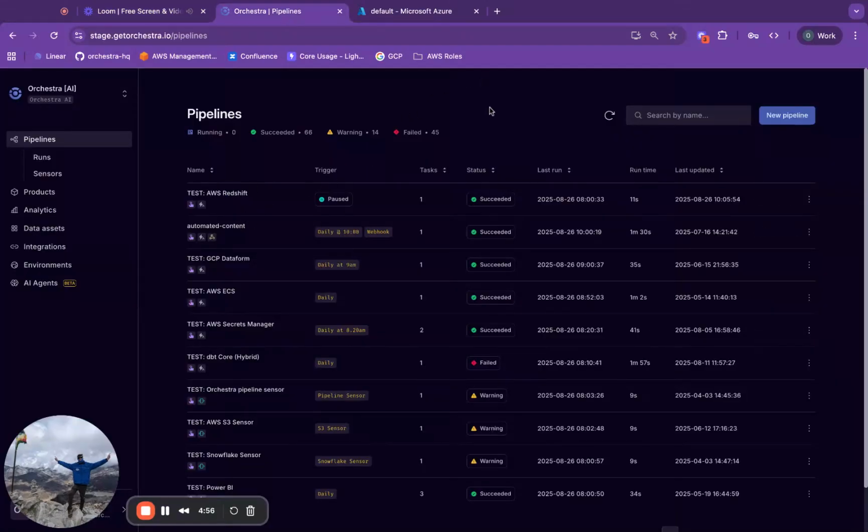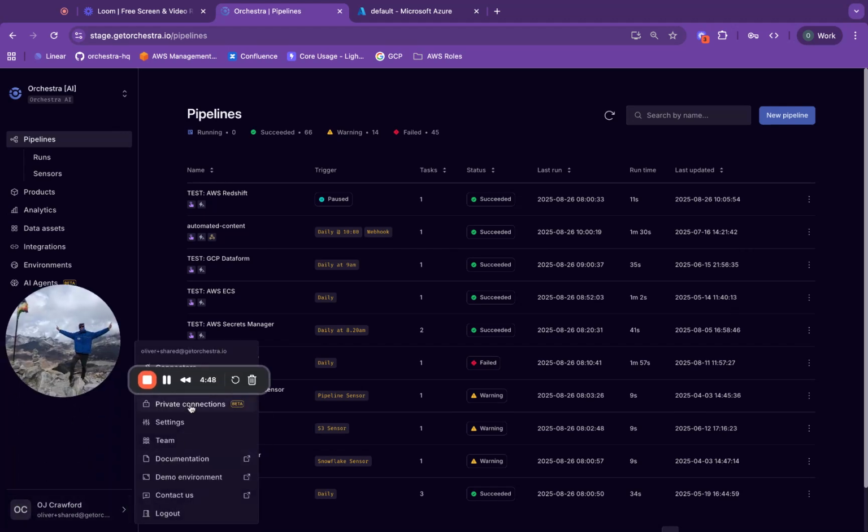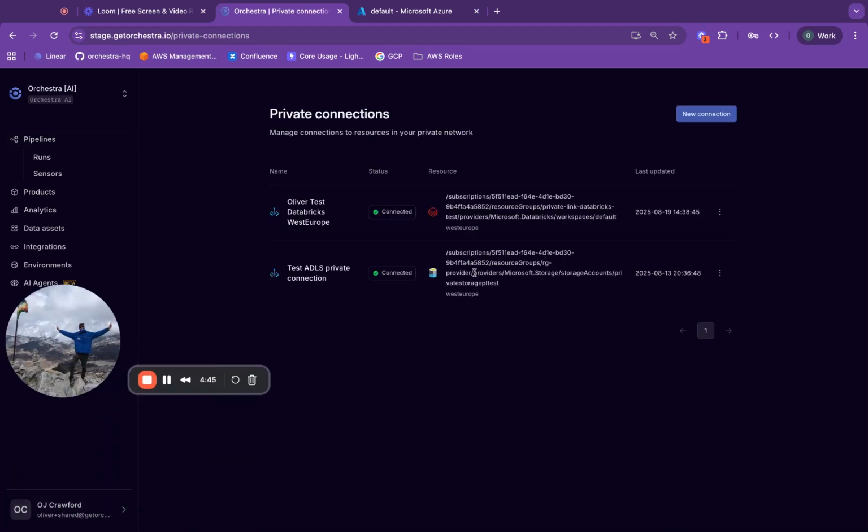Hi there. Today we're going to look at how to set up private connections in Orchestra. So you'll see the home screen of Orchestra here, and we'll just go to private connections in your settings, and you can see I've got a couple already set up, but we're going to add a new one just to